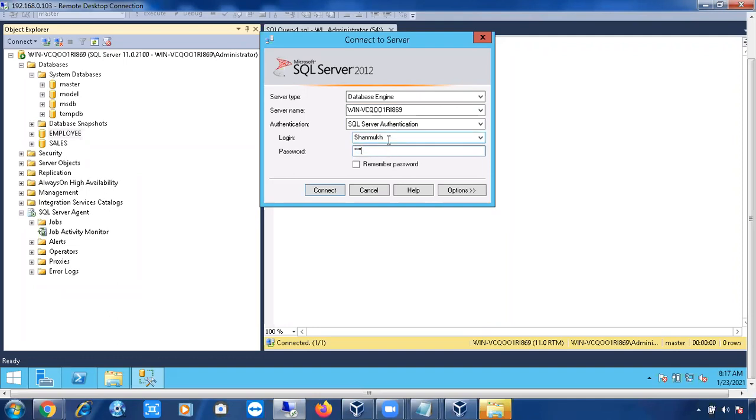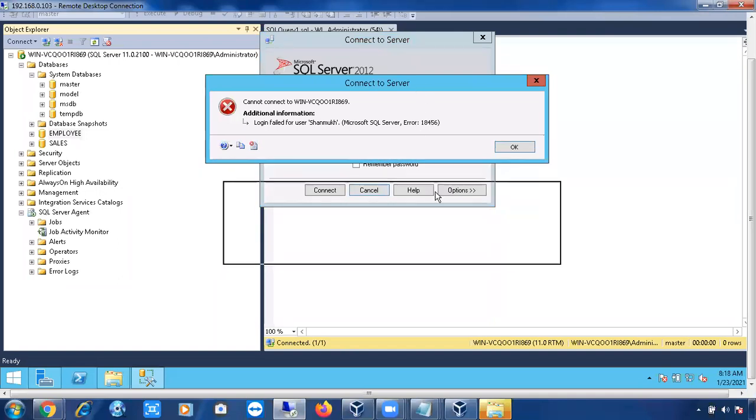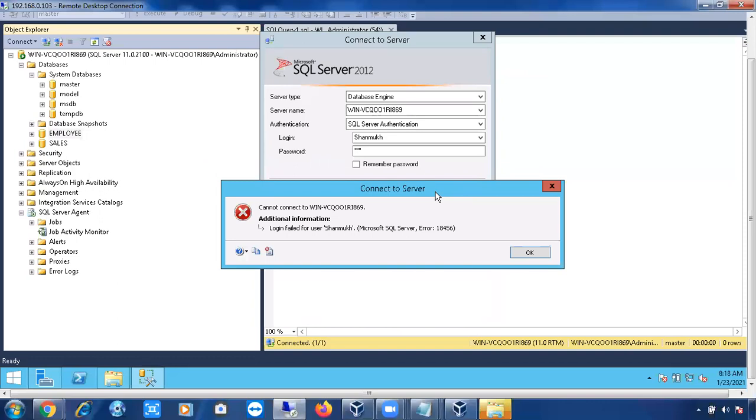Your master database checks all the logins, usernames and passwords. If you give the wrong password or the username does not exist, it will throw an 18456 error. It is the master database that throws this error.